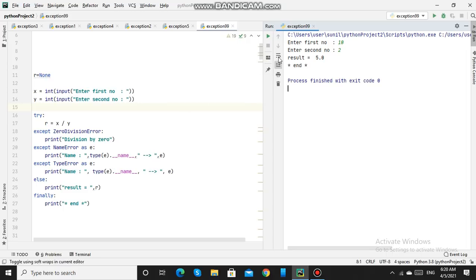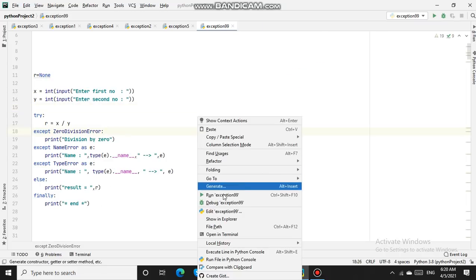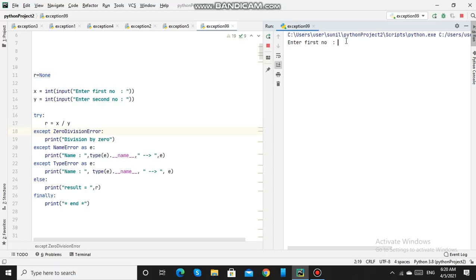So here no exception was raised and finally block has been executed. Here when exception is raised, that is zero division error exception is raised, in that case also the finally block got executed. It has printed end. So it is not necessary to have except and else for finally clause to be executed. It is independent of except and else.